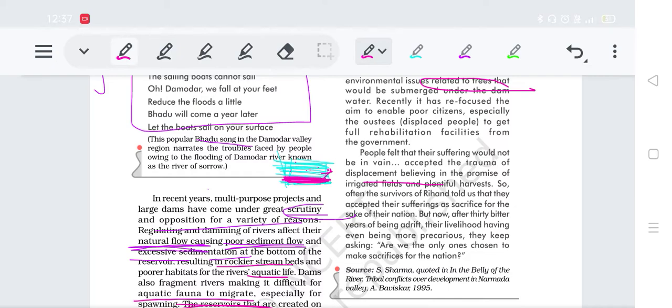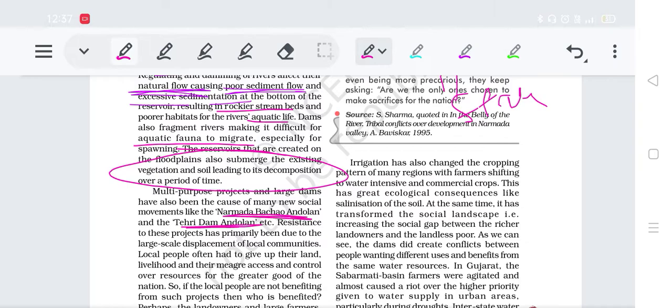But they're also telling us that people who think it is for national development and migrate are also not happy. They leave their livelihood and their houses for the development of the country, but they are not getting the facilities they need. They need to, it is like starting life again. Clear?